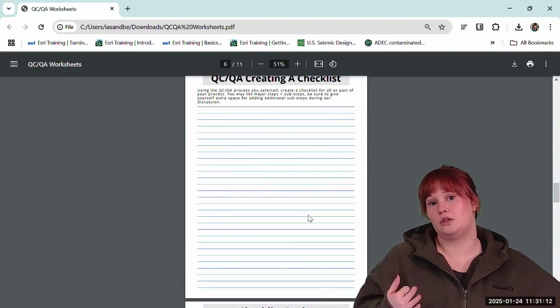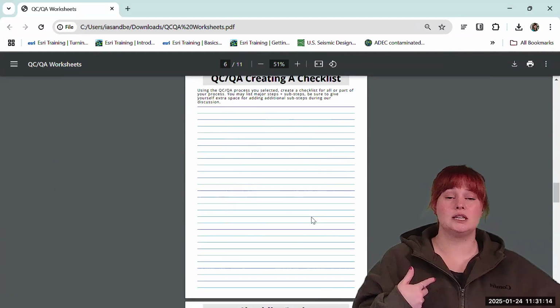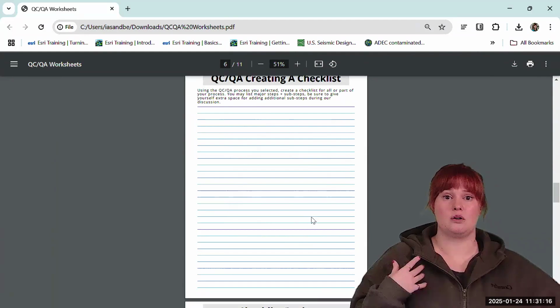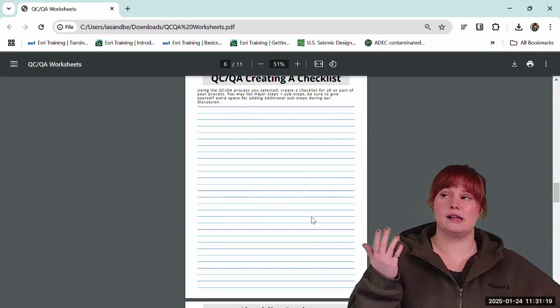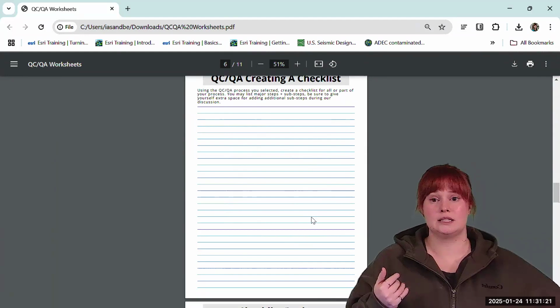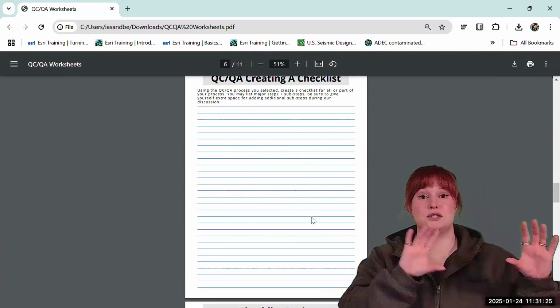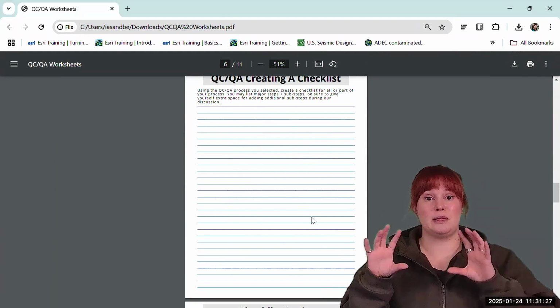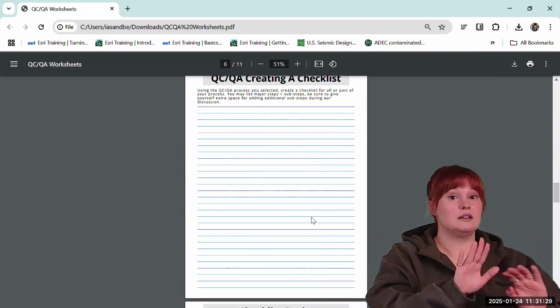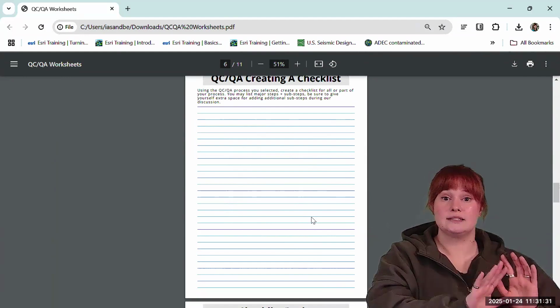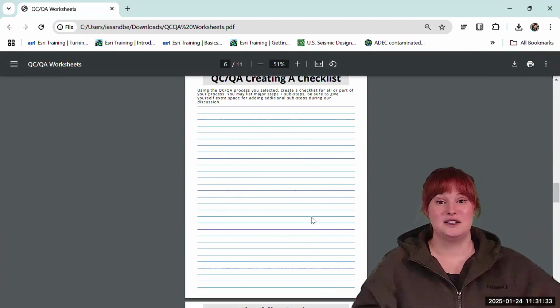And this, again, is one of those times when it's really helpful to have another person to bounce this idea around, because you might not identify a crucial step because maybe it's not something that you regularly do. You get the document or the plans or whatever to a certain point, and then somebody else does part of the process. It's not going to be top of mind for you.